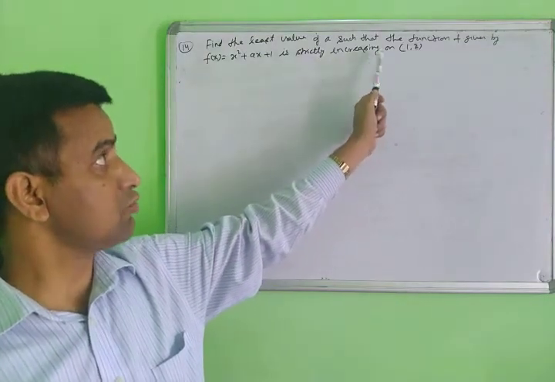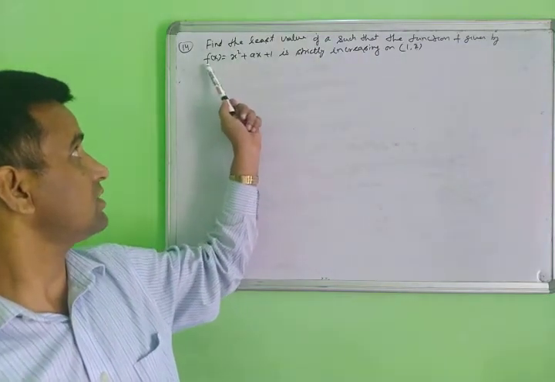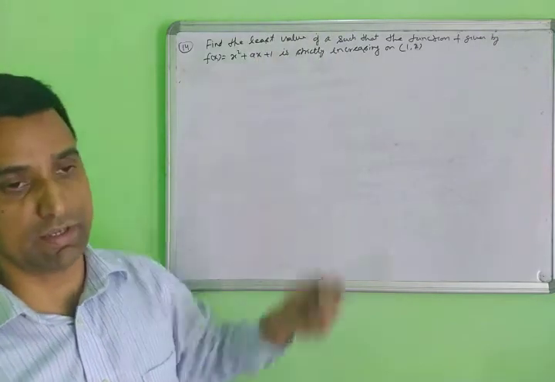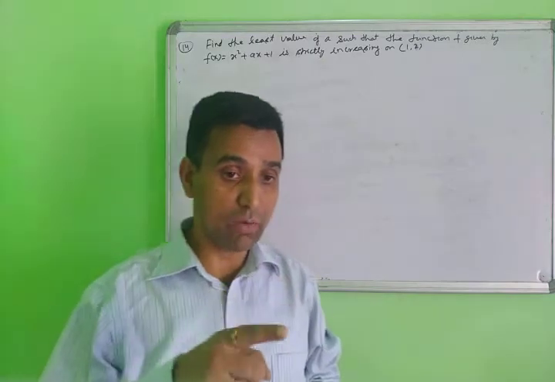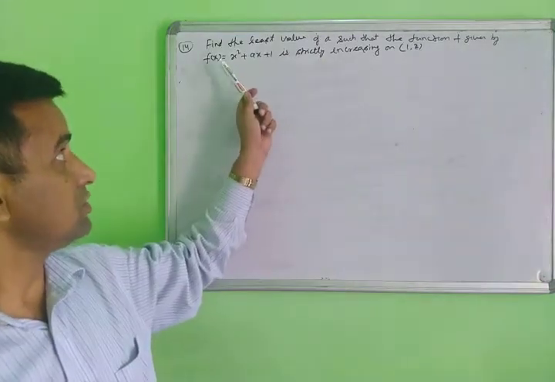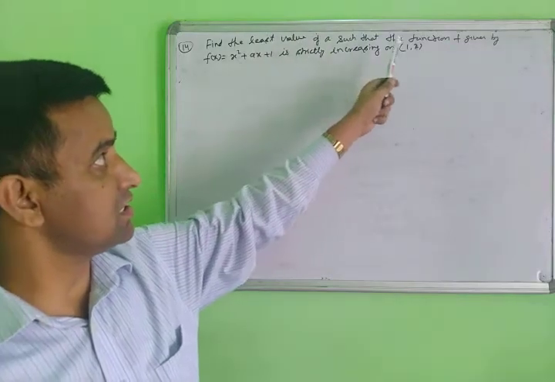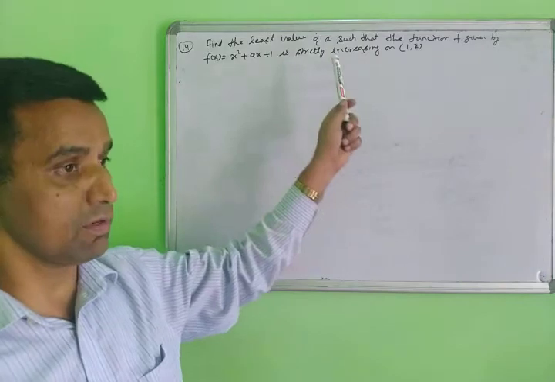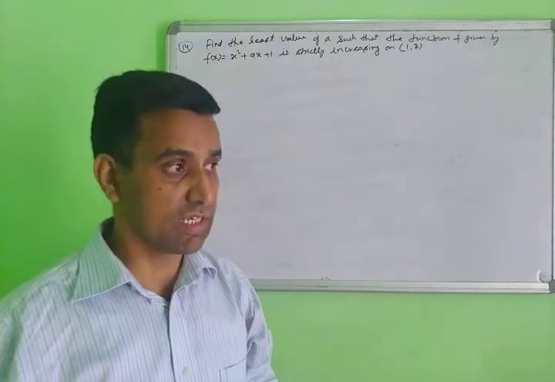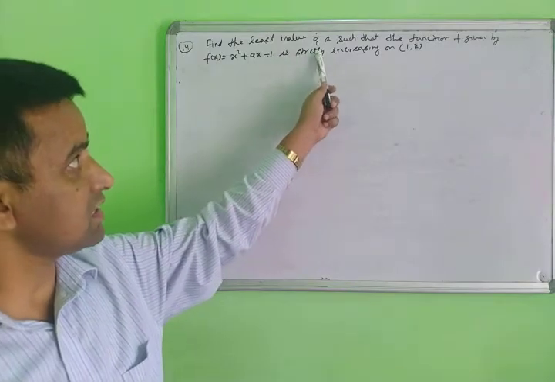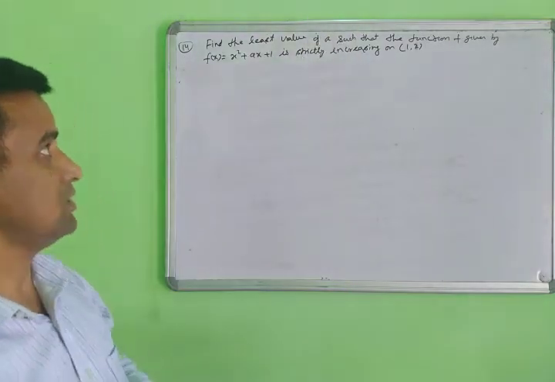But what you find here is the one unknown value in this function, which is a. Suppose this function is strictly increasing in this open interval 1, 2; this condition is already given. You will not prove here whether the function is increasing or decreasing. This is given. Now start the solution.